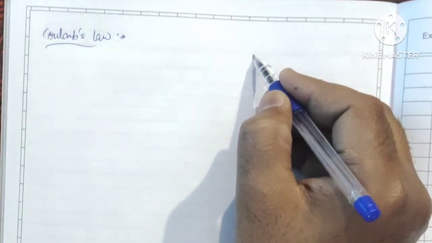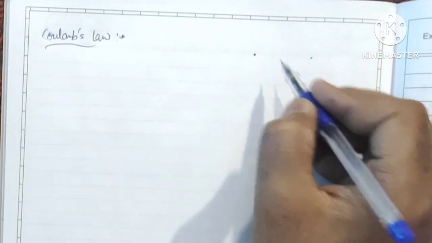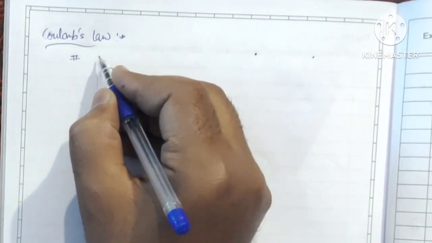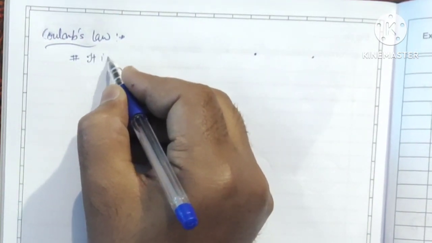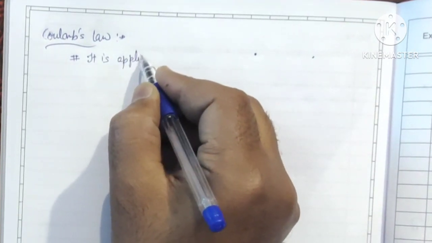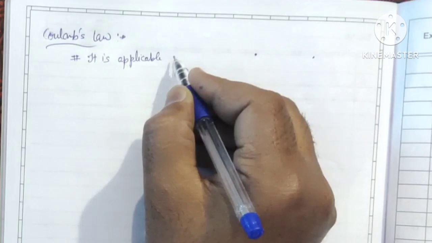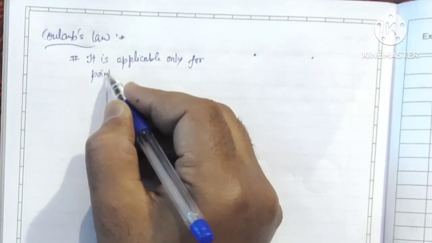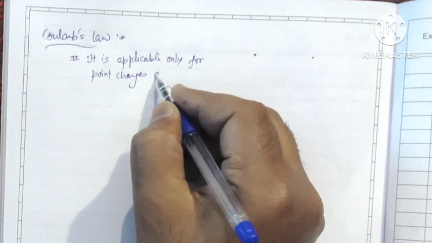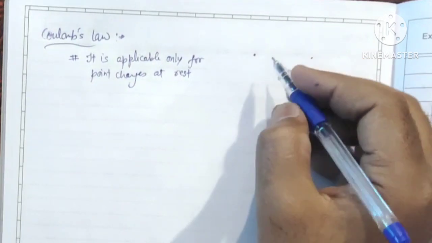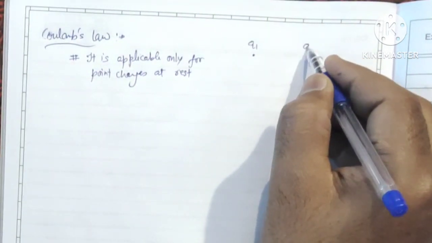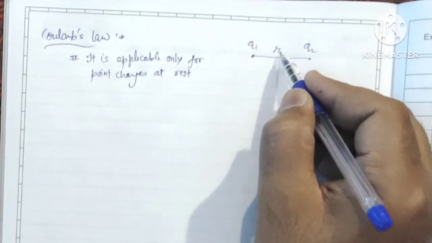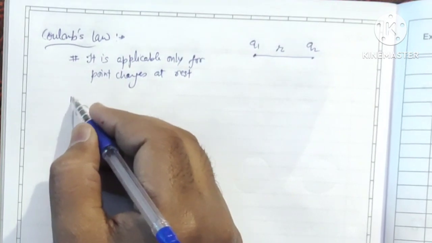See, this law says that if we have two point charges, we should remember that this law is applicable only for point charges at rest. So let's say I have two point charges Q1 and Q2. The separation between the charges is, let's say, R, and as per Coulomb's law,